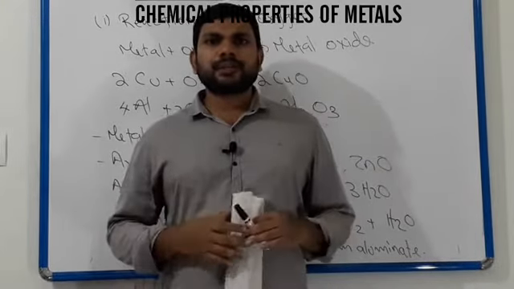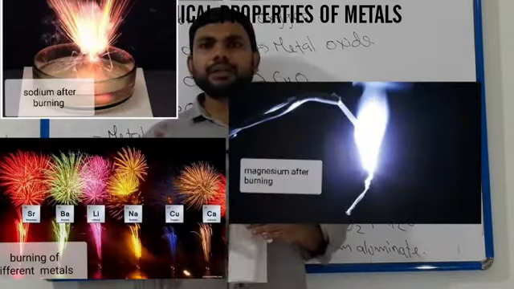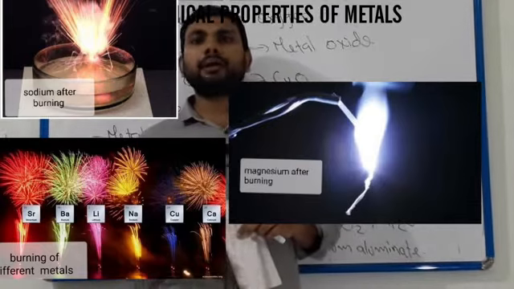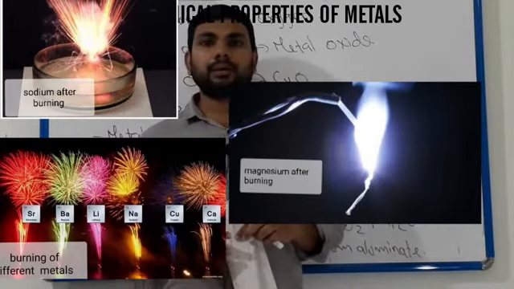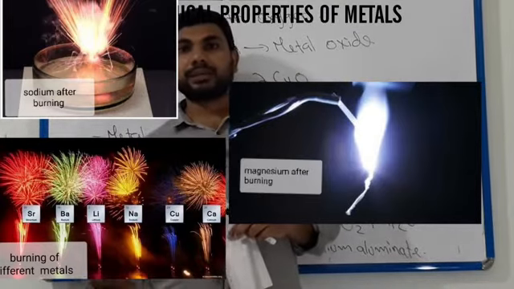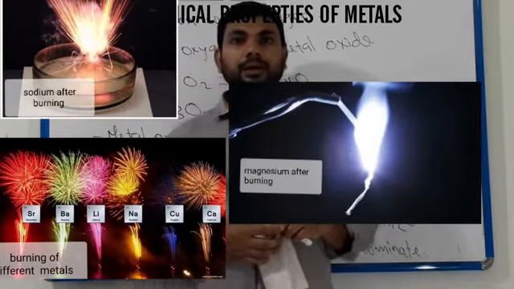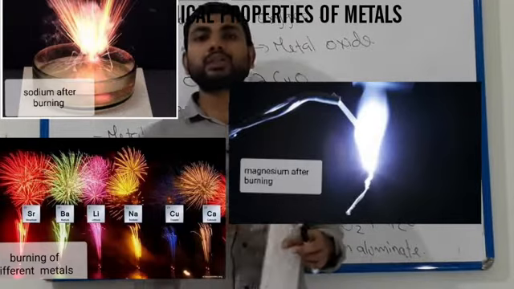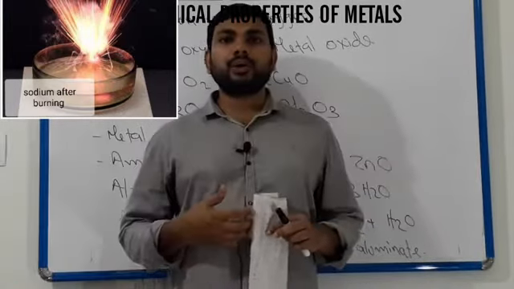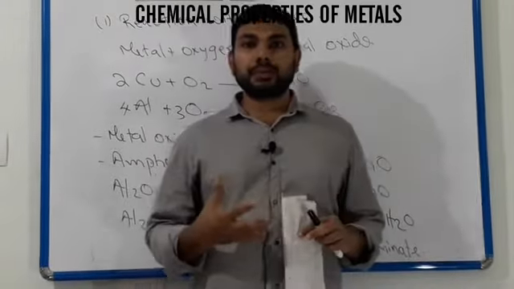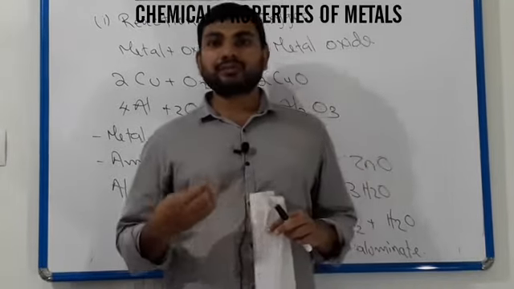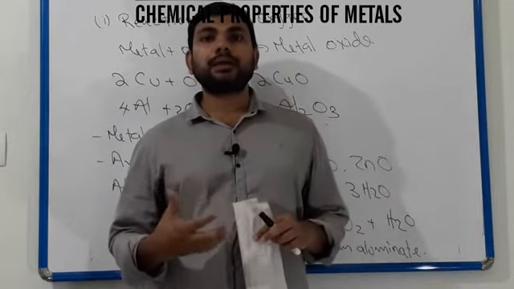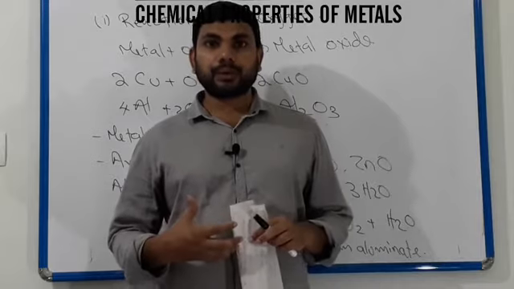So first I am giving some pictures here. You observe this. Here you have the burning of magnesium. After magnesium burns, you can see what happened here. Also here is iron after burning. Iron you cannot burn at a normal temperature. Also aluminum cannot burn at a normal temperature. Soft metals like magnesium, sodium, potassium you can burn at a normal temperature.